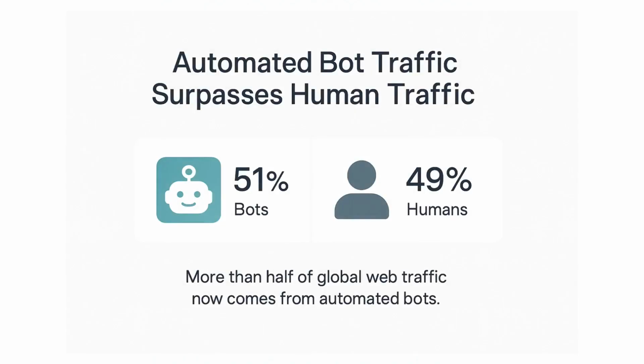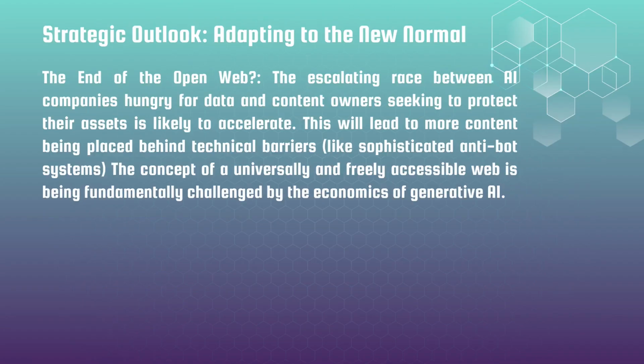And for the first time in a decade, automated bot traffic appeared to be higher than human traffic, and that ratio came to 51 against 49. It all means we need to have a new strategic outlook on the new AI bot realities, and they are far from pleasant ones. Partially, we can speak about some end of the open web.